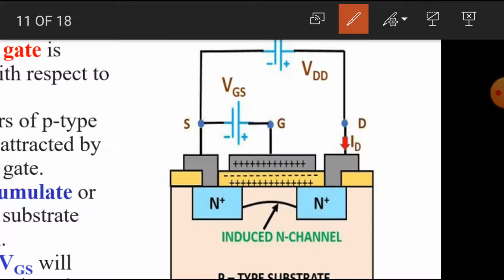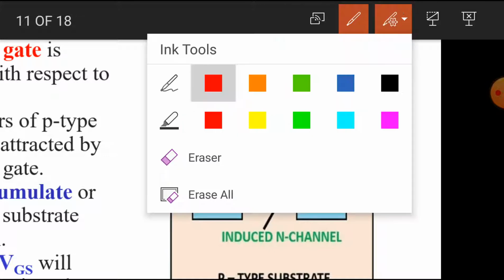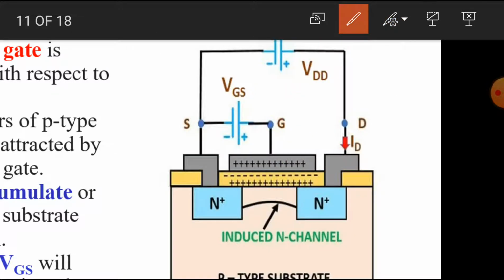Here the gate has a positive potential and the drain also has a positive potential. If we consider the first case where the gate has zero potential, or 0 volts, then what happens? If the gate has 0 volts, there is no connection between source and drain. But if we increase the potential of the gate, as we apply a positive potential to the gate, then